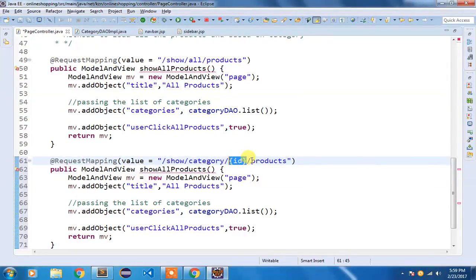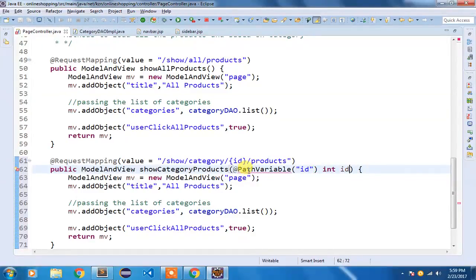If you have not watched my previous video on what is @PathVariable and @RequestParam, I recommend you to go and watch that, and we have our mapping complete using these products. Instead of show all products I'm going to say show category products, but I need to have access to this ID, so I'm going to say @PathVariable here. The path variable is id, and this is nothing but an integer id.